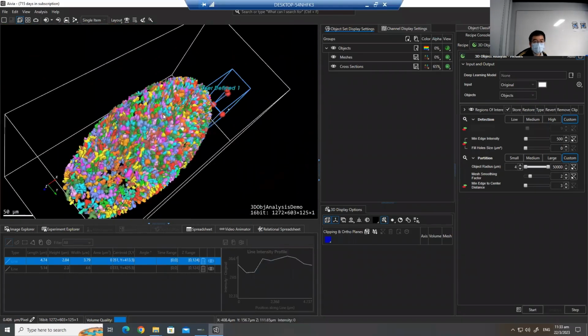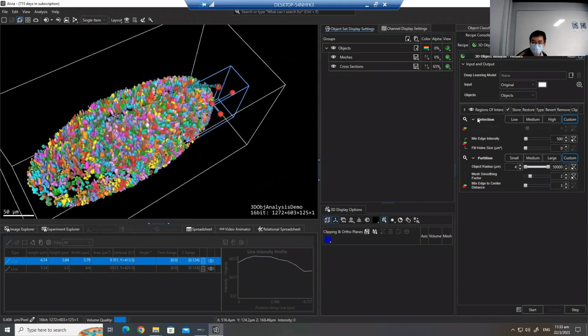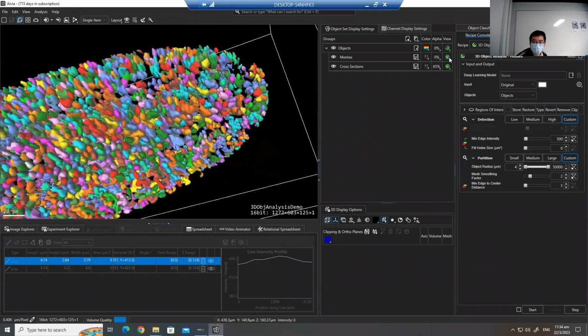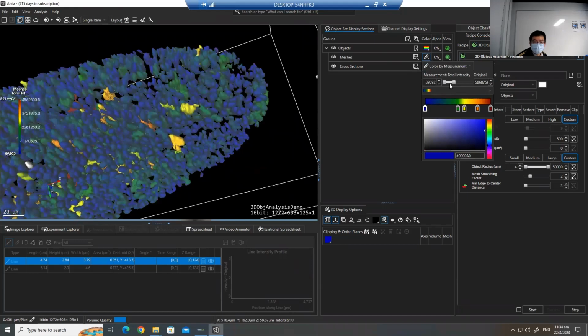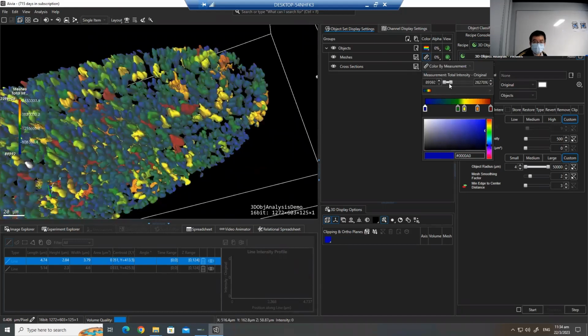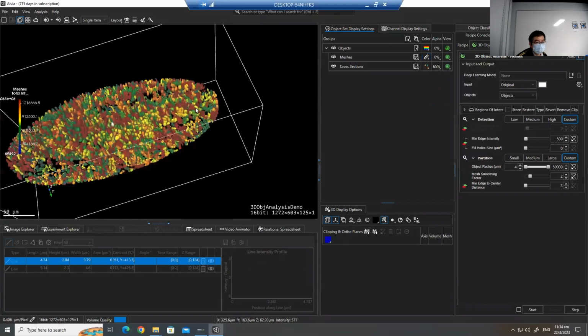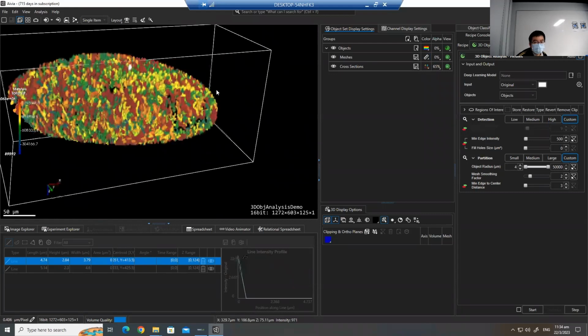Okay, if this is displayed in 3D, again, disable the ROI first. You can change the color of the object. Again, if you want to display the 3D model with the measurement result, it's possible. And now the color is related to the measurement. Okay. And then you can change the 3D visualization method with